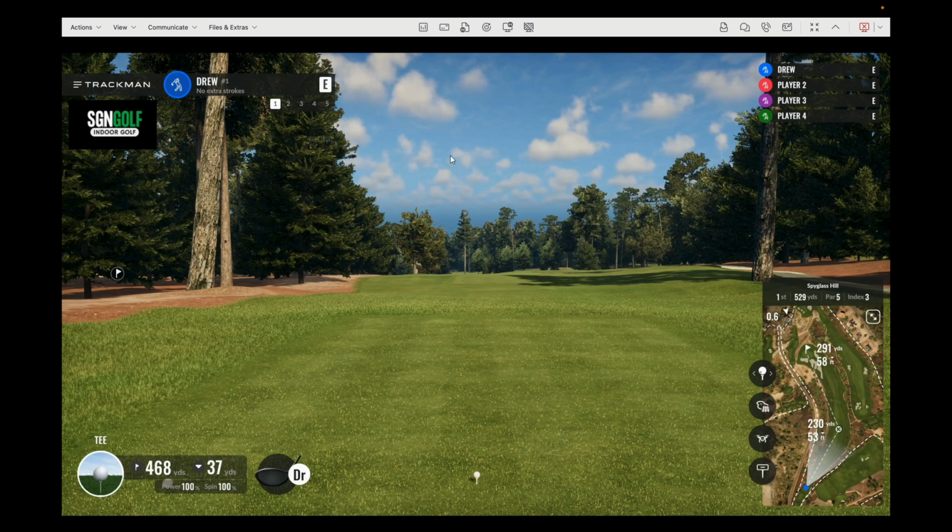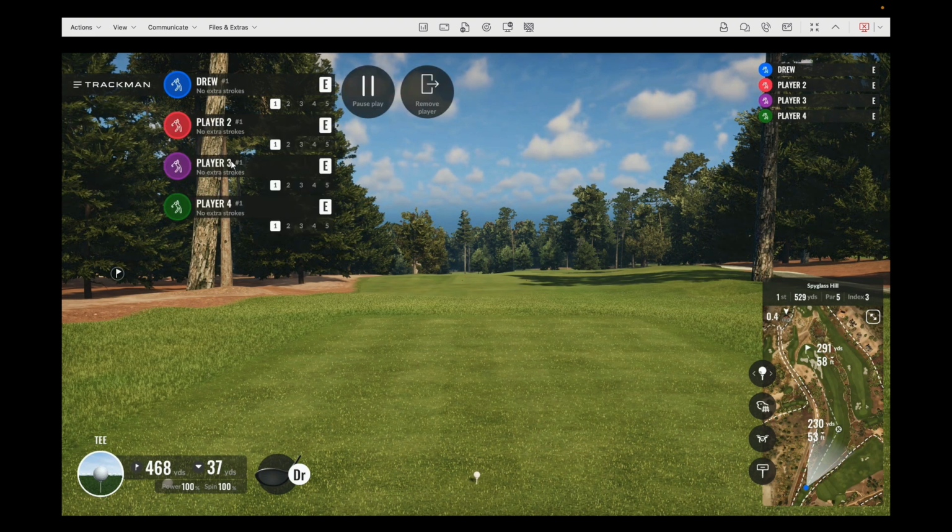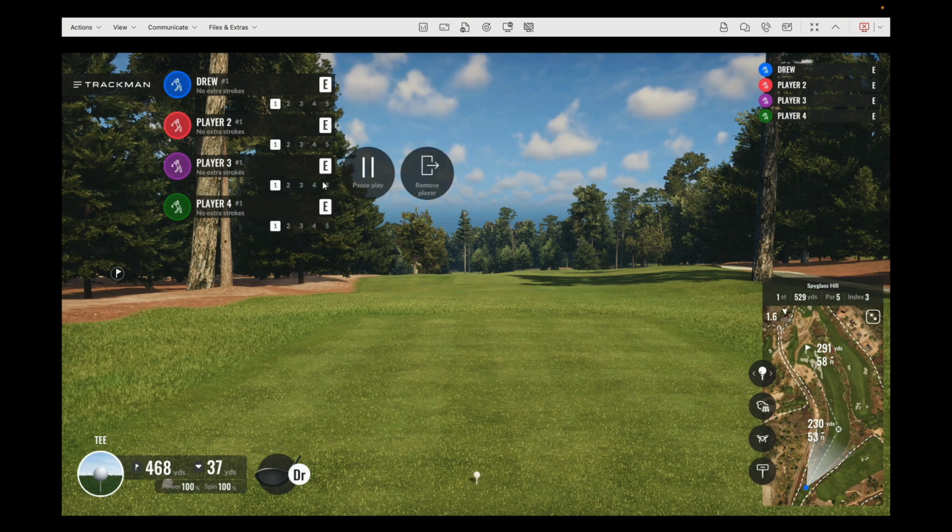So a couple things they can do inside of the software. We can see that there's 4 people playing right here. If you click on the name up here, it's going to drop down all the players. And then if you click on a specific player, it'll give us a couple options. We haven't hit any shots, so it's only showing us pause play and remove player. But if we were in the middle of a round, it would say